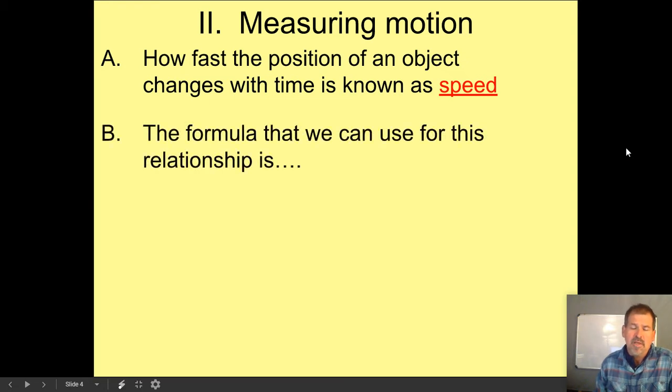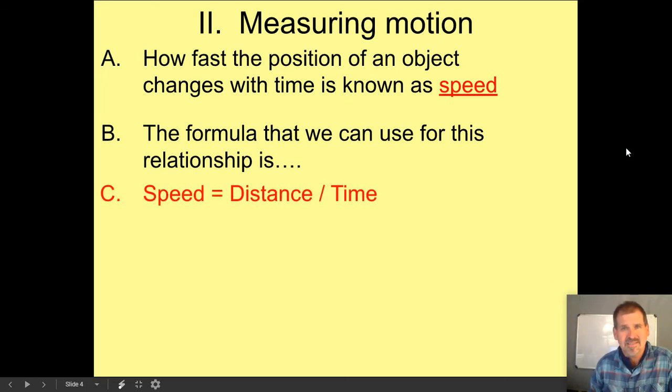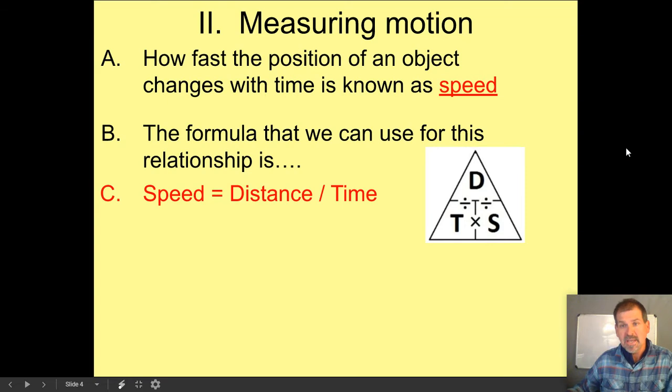All right, so it's a really simple formula that we use for this relationship. Speed equals distance divided by time. Speed is distance divided by time. So again, if you need to pause from time to time to catch this and get this all written down, please do so. And I do want you to, and draw it relatively big,